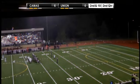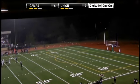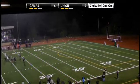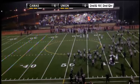From 54 yards away, left hash. We saw him miss one from 52. It's going to be short. Pulled it a little bit to the left and left it short as well. I don't think it would have gotten over the crossbar had he been on target. So a well-played, low-scoring first half comes to an end